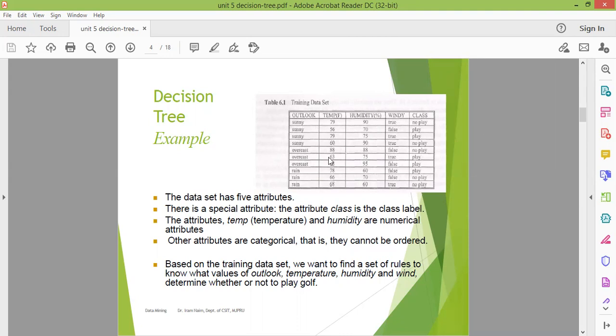Similarly, for the second, the outlook is sunny, the temperature is 56, the humidity is 70, windy is false, then the class is play. So we are having a difference in the values of outlook, temperature, humidity and windy. But the class label is binary, either play or no play.